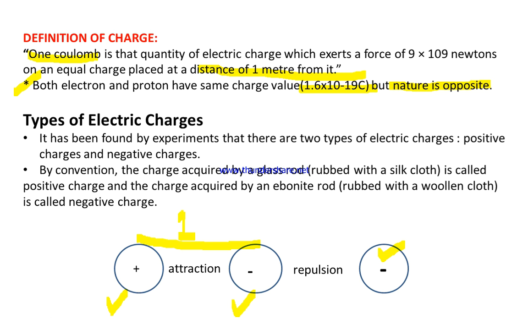We have already discussed that there are two types of charges, positive and negative. And there is a very famous experiment, that of a glass rod that is rubbed on a silk cloth and acquires a positive charge, and an ebonite rod that acquires a negative charge when it is rubbed on a woolen cloth. We have also conducted a very famous game, that is attracting a paper with the help of a comb.